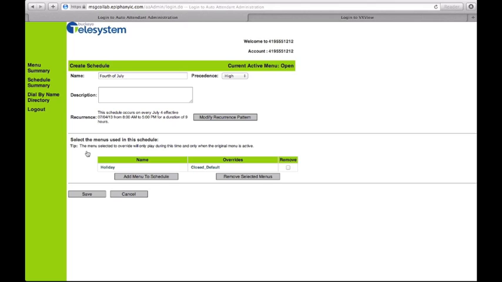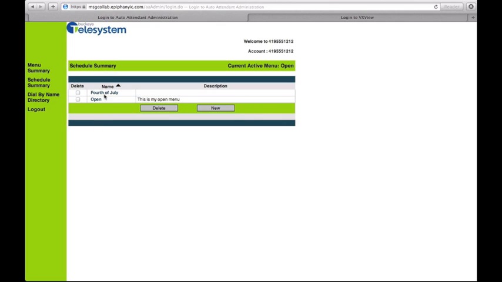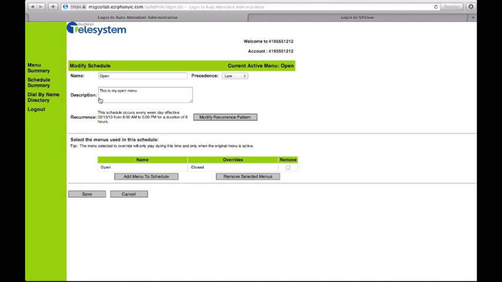If you happen to put something else in there other than your default menu, it's most likely this menu and this schedule will not play for you. Once you have all those options in place, you simply hit Save, and now you'll see that you have a 4th of July schedule. Again, we'll click on this Open Schedule here to show you that I've called it Open. It plays from 8 to 5 every weekday, and my Open menu overrides my Close menu,